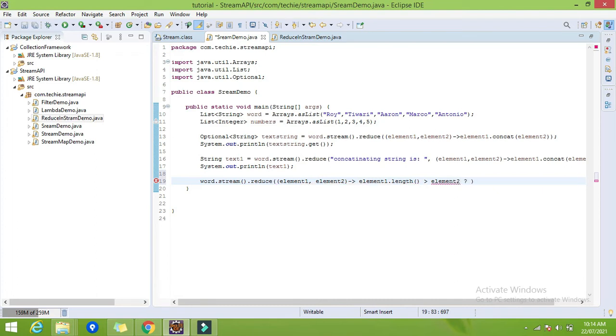dot length. If the length of element 1 is greater than the length of element 2, meaning element 1 is the longest among these two strings, then I will return element 1, else I will return element 2, right?